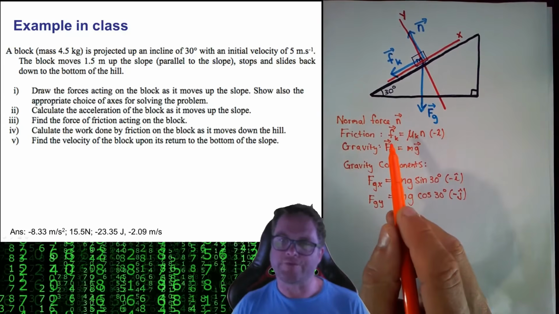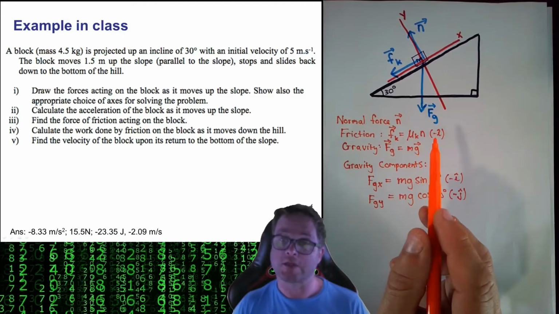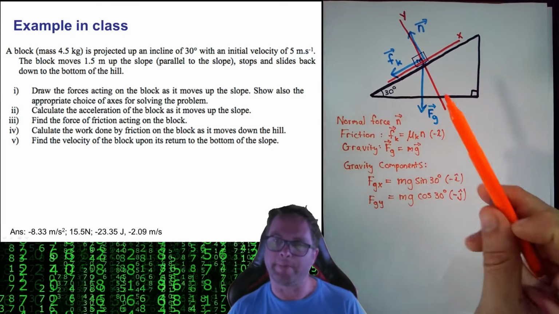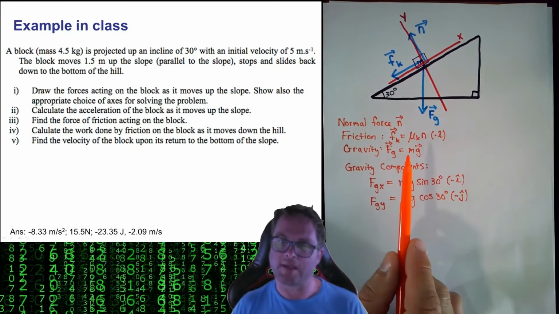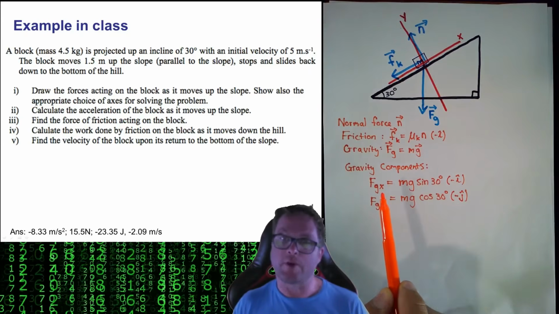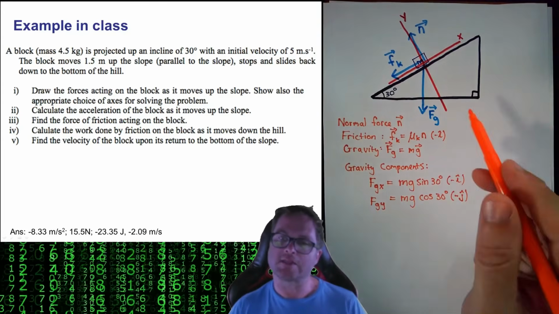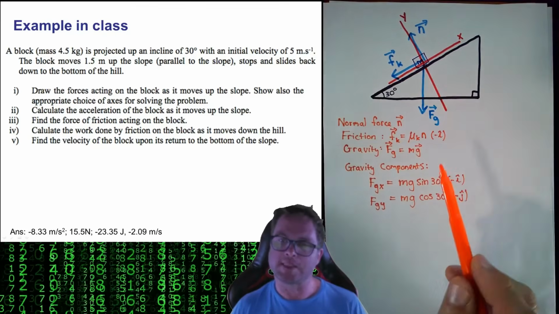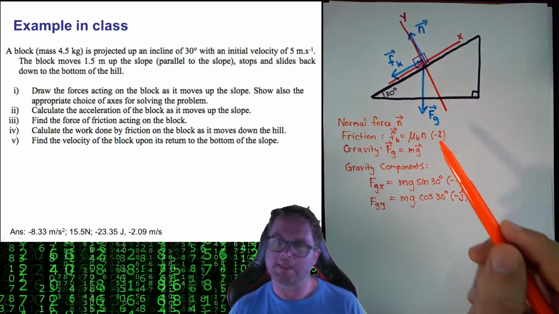So for the force of friction, it's going to be the coefficient of friction times the normal force. And remember, this is going to be operating in the negative r-hat direction. The force of gravity is just going to be mg. And as I previously mentioned, we can break the force of gravity down into its individual components. And these components would be an x component pointing in the negative r-hat, and a y component pointing in the